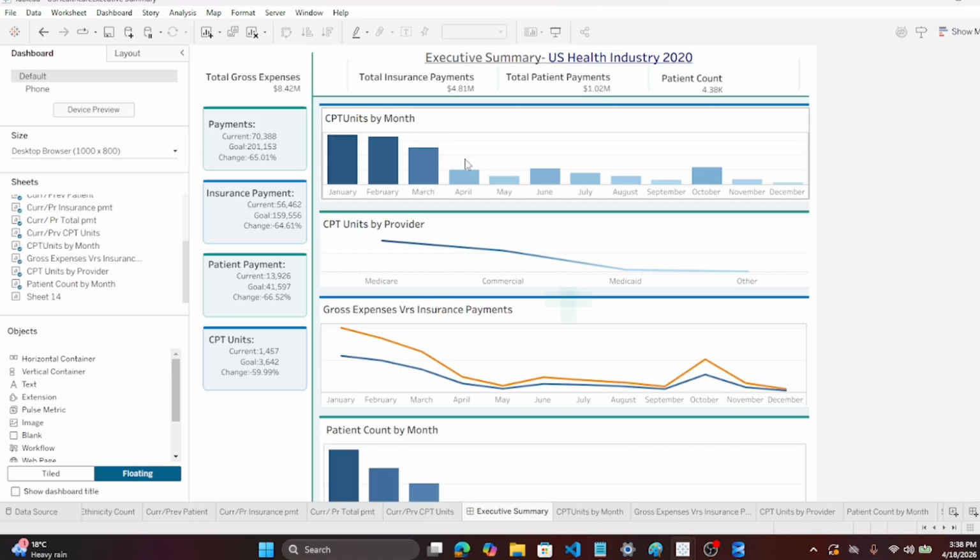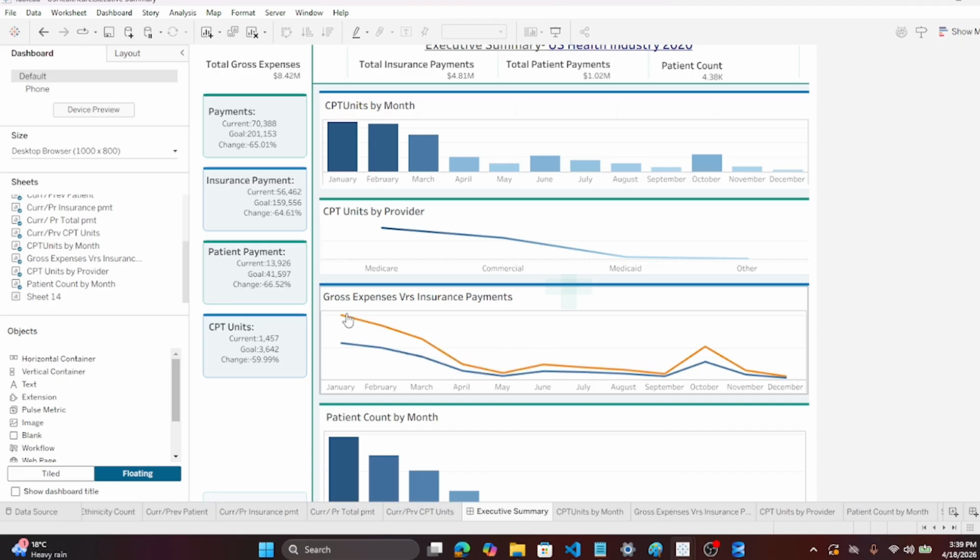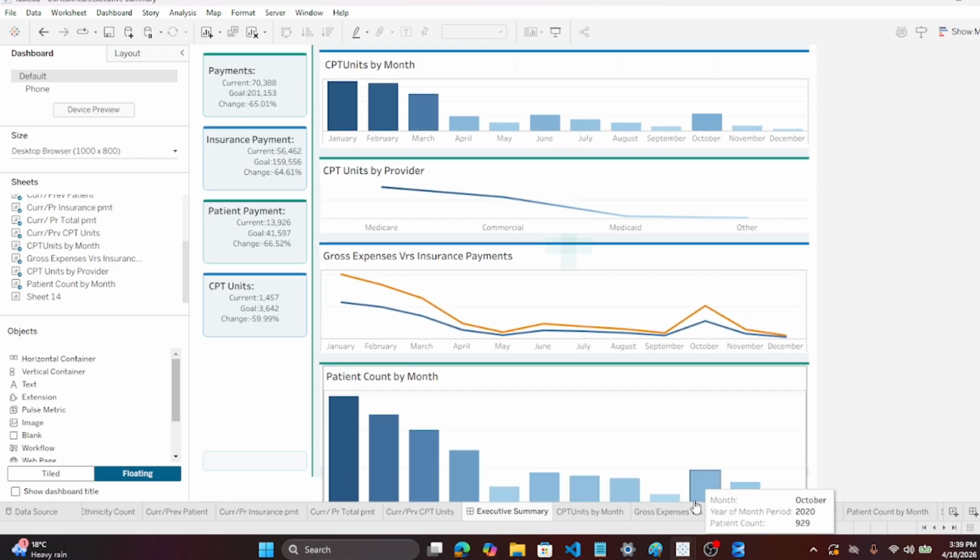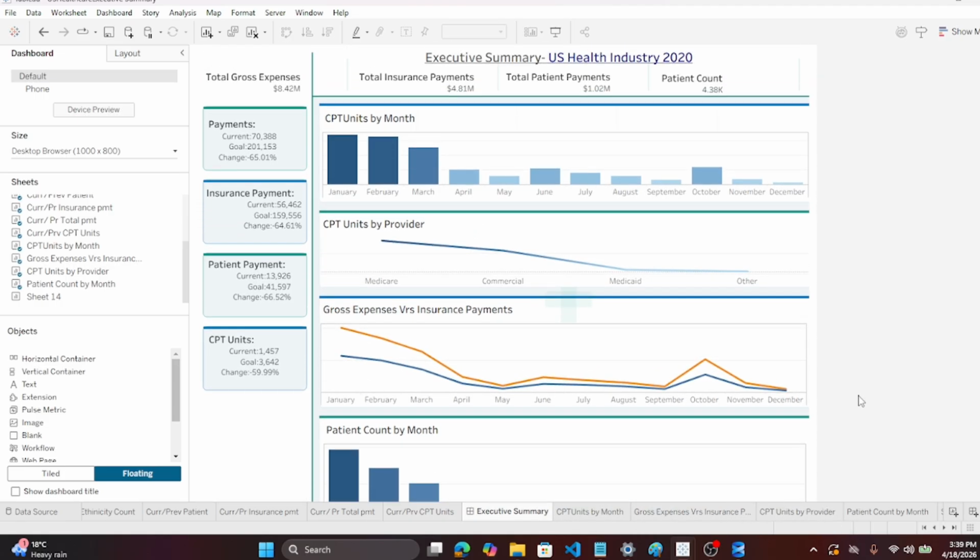And then we have the total CPT units by month, and then we have the CPT units by provider. Then we have the gross expenses versus the insurance payments. We did everything in this video, and with that we will conclude this portion of the dashboard complete,